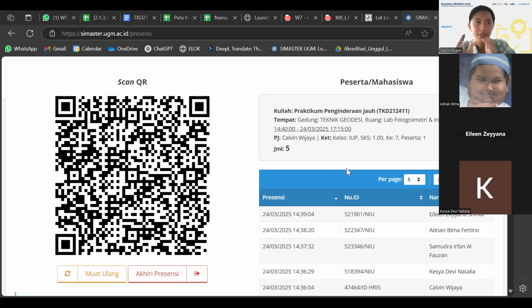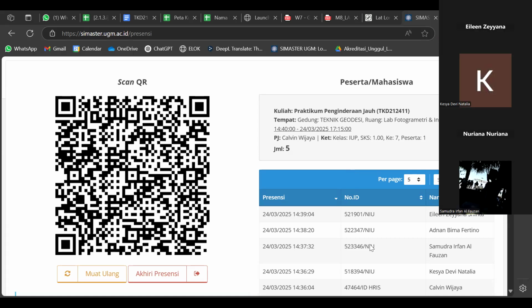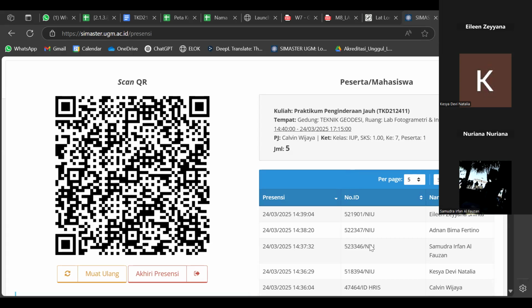In the last week, we already learned how we can do the radiometric correction. We have, first, histogram stretching. We want to stretch the histogram into a normal distribution. The second one is to convert our image from digital number to radiance, and then do a flash atmospheric correction. And the last one, we convert our image from digital number to radiance and radiance to reflectance. So those are the steps to correct our image radiometrically.